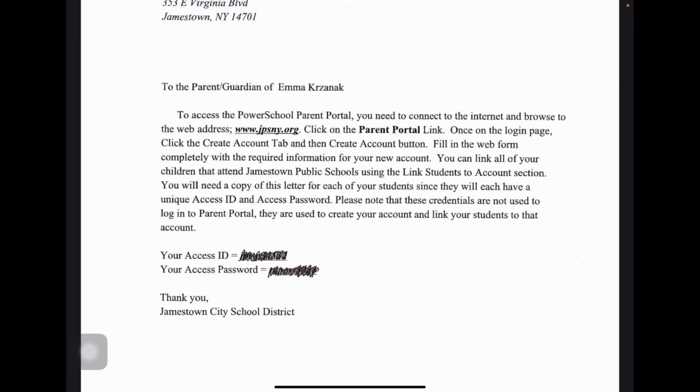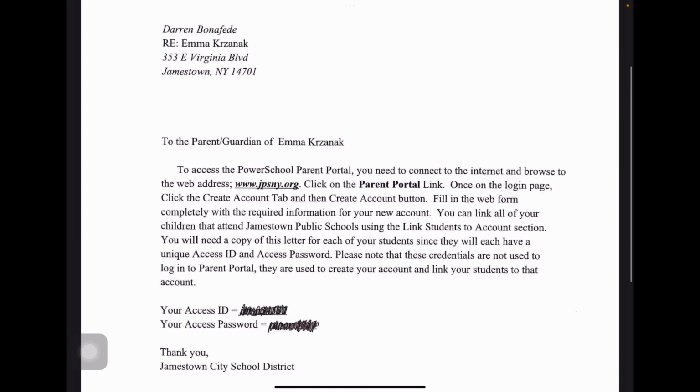Again, you can get this at the front office. You can walk right in and ask for it, or you can contact your son's or daughter's teachers, and they'll help you out and be able to get this letter. Once you have that letter,